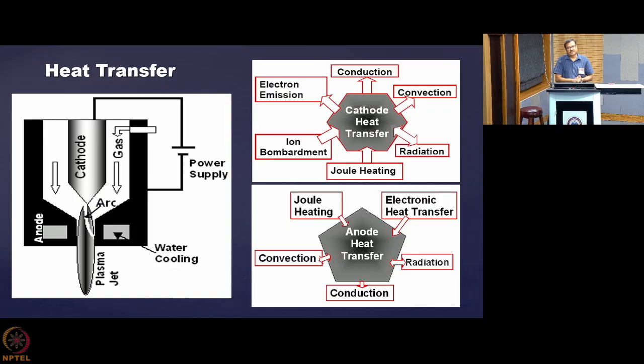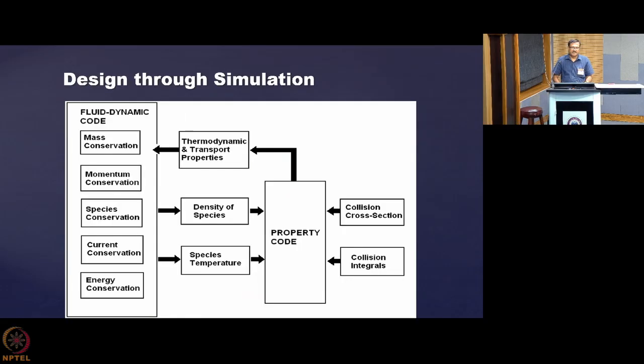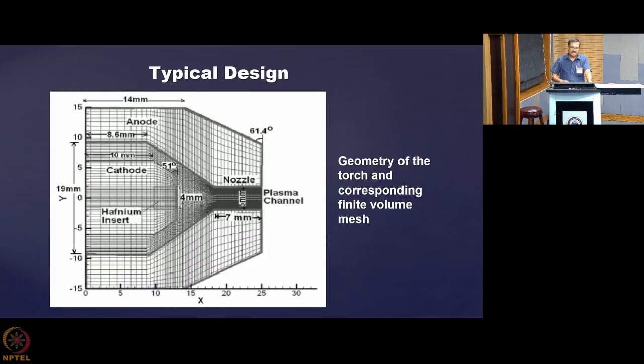And I have explained what the causes are for enhancing the efficiency, and what things affect the efficiency of a plasma device. You can do the simulation as usual using a property code and a fluid dynamic code. I have explained it well in previous classes. Here I am just showing you one where this is a cathode, and unlike the cutting torches, we have used a 5 mm diameter. This is a common plasma device which can be used for waste gasification or other applications.